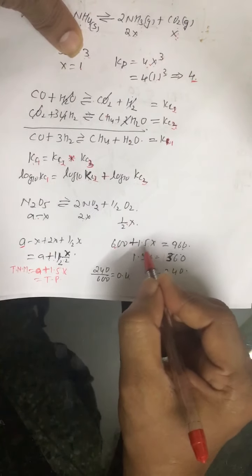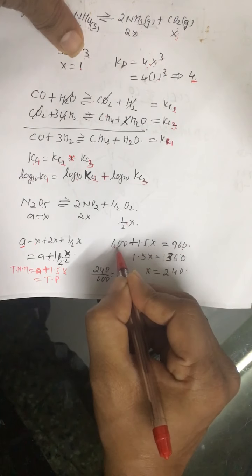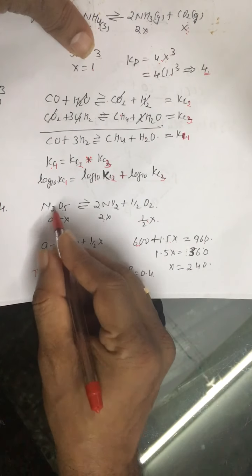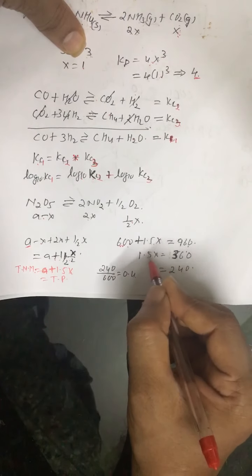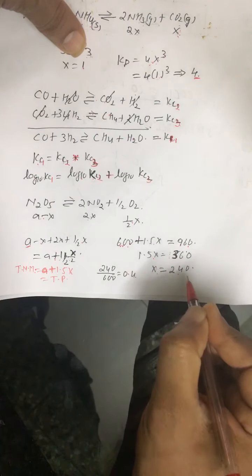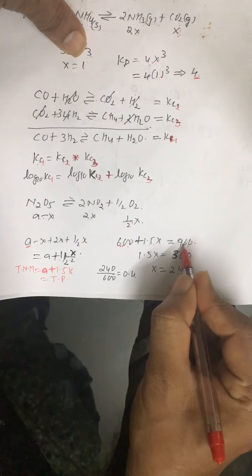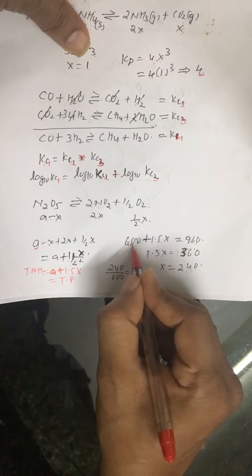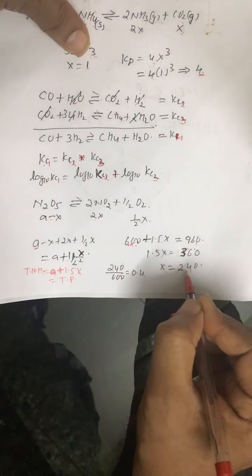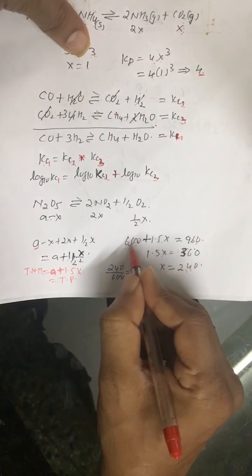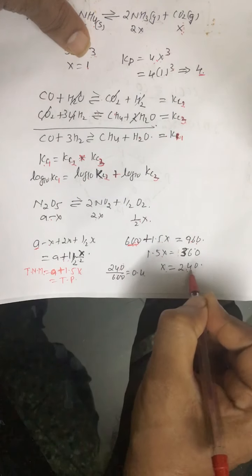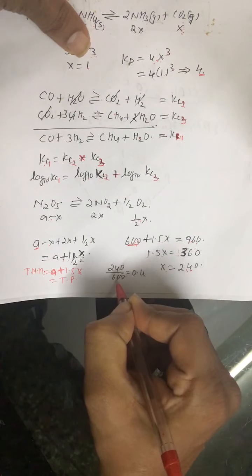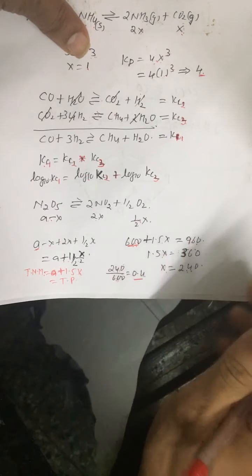All right, so this is 960, and initial pressure is due to initial gaseous moles of the reactant. So x we have calculated. Now this x is what fraction of this 600, that is the degree of dissociation. This much is dissociated from how much? From 600. So what is the degree of dissociation? The part which is dissociated divided by the initial value, that is equal to 0.4. This is question number 64.